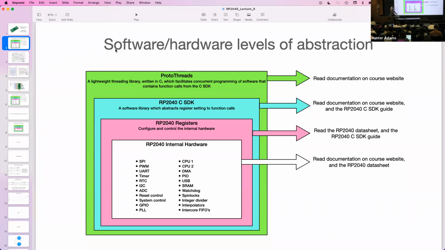And what this attempts to illustrate is each of the software levels of abstraction and how those levels of abstraction interact with one another and with the hardware. So what I'll remind you is at the bottom of this hierarchy is all of the RP2040's internal hardware peripherals. So this includes things like an SPI channel, some hardware devoted to generating PWM signals,